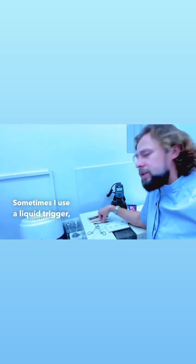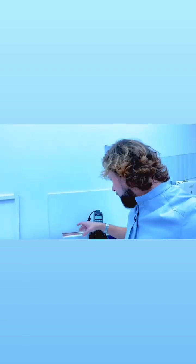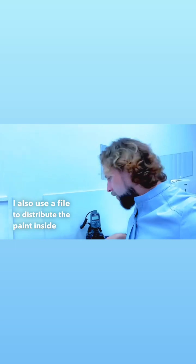Sometimes I use a liquid trigger, but here I just put it on a tablet. And a little brush with different thickness of the working part in order to bring the glaze somewhere, apply ceramic somewhere if necessary, and then paint some fissures with thin brushes. I also use a file to distribute the paint inside the fissures, and while we were